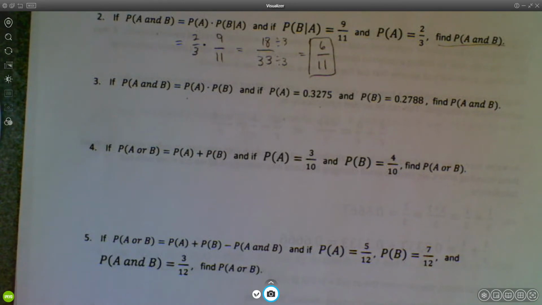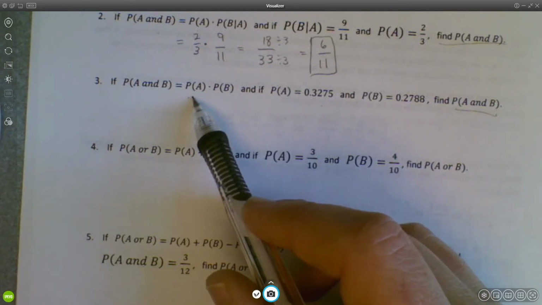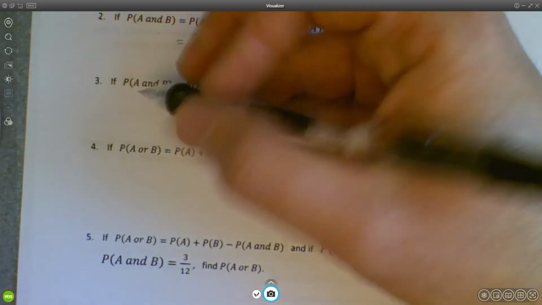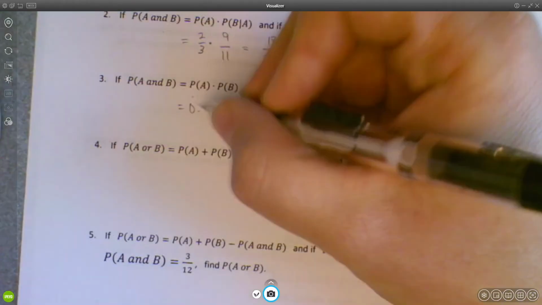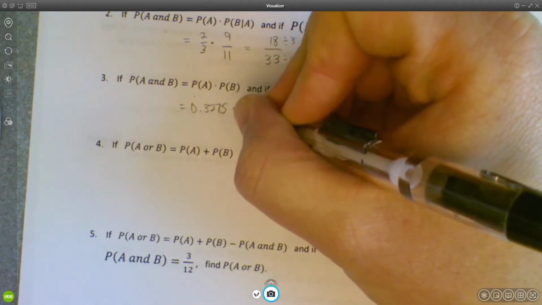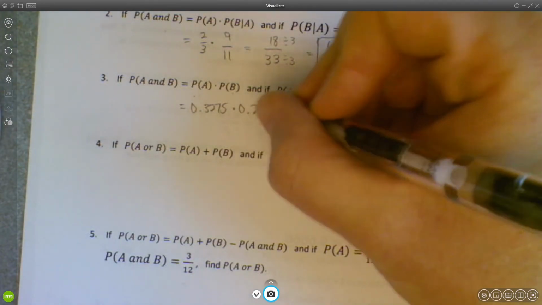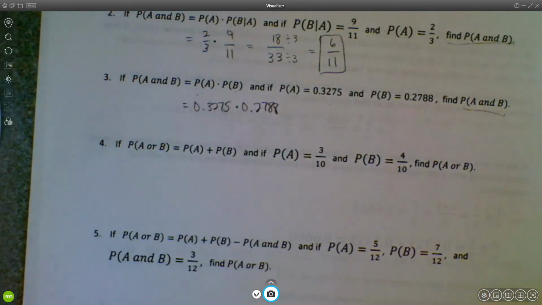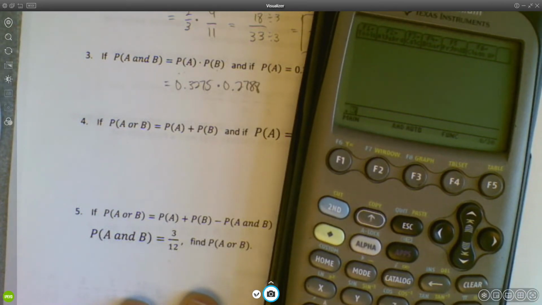Okay, here's my solution. We're asked once again to find probability of A and B. It's probability of A times probability of B. That's going to be 0.3275 times 0.2788. So I'm just going to use my calculator for that. 0.3275 times 0.2788 is that number,